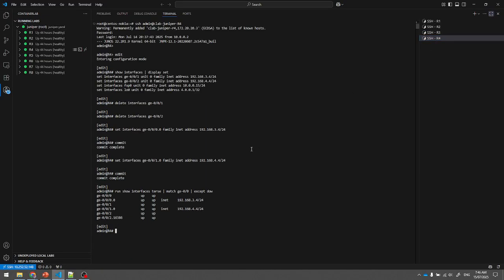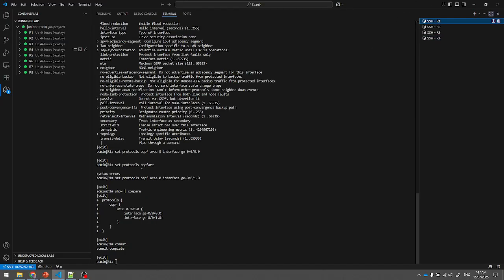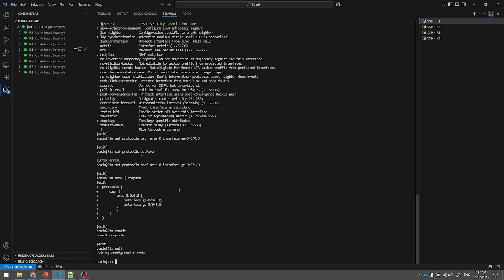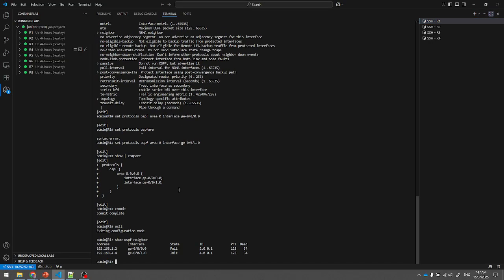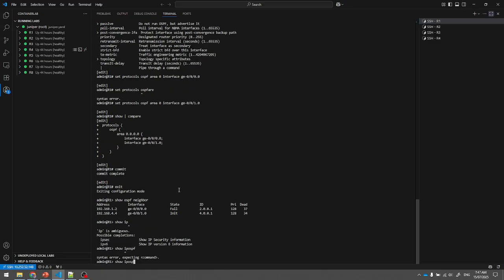So I'll do the same configuration in the other routers. Okay, let me commit. I'll start from R1 again. Show OSPF neighbor. Okay, I can see the neighbor is up. Show IP OSPF. Sorry, it's in this command. Sorry, show OSPF